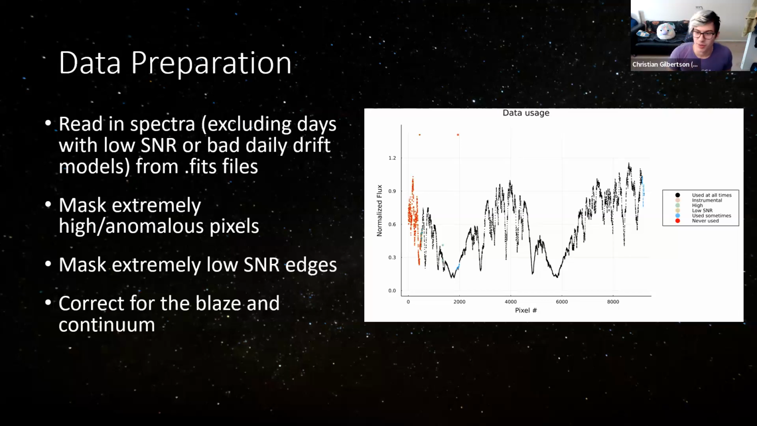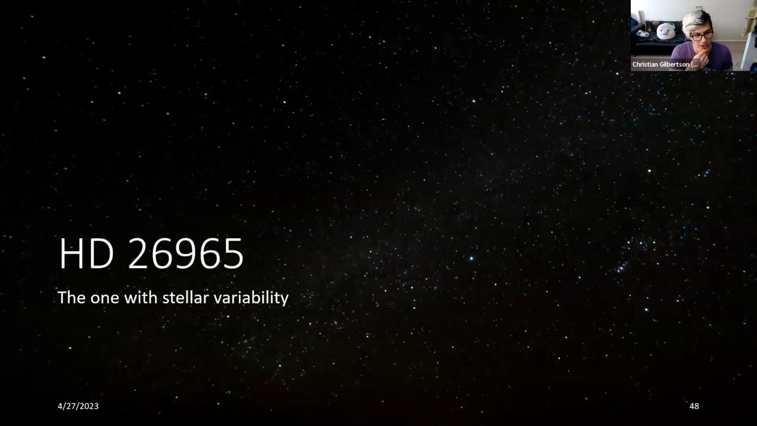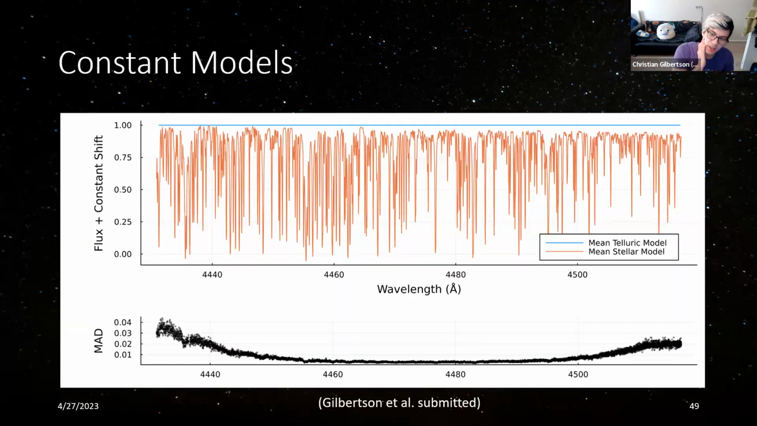But anyways, just as a note, SOOF is built to model continuum normalized spectra. So we take the blaze correction from instruments and just fine tune them with a sigma-clipped continuum normalization with a quadratic curve. We also do some pre-processing to find anomalous pixels and mask low SNR edges and stuff like that. But anyways, for 26965, the one with stellar variability, without any knowledge of where spectral variability should be,